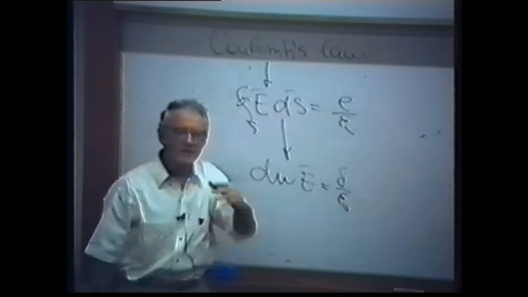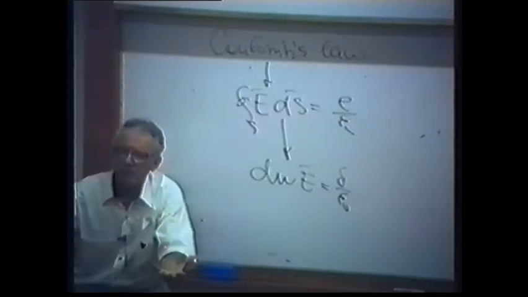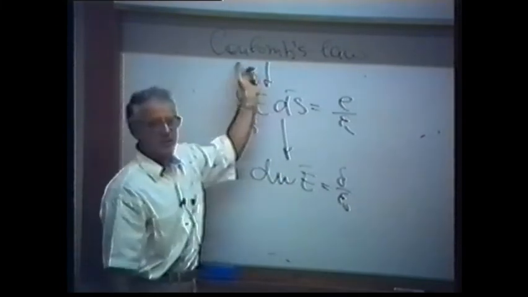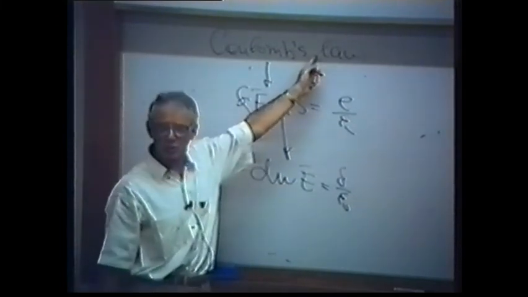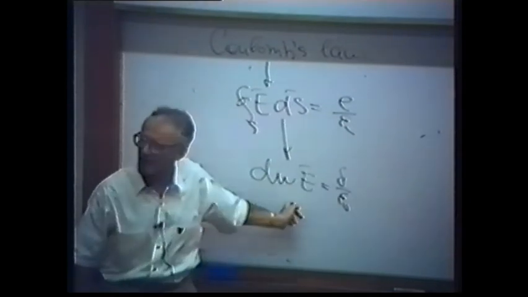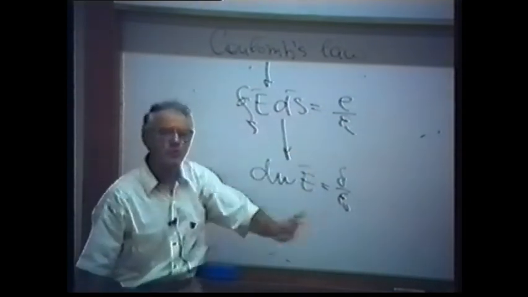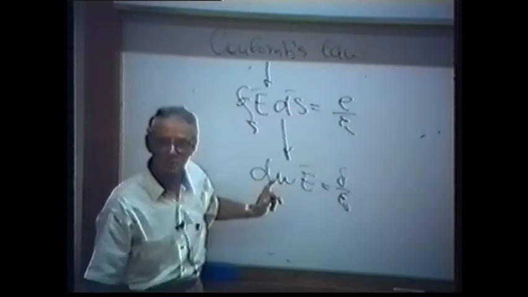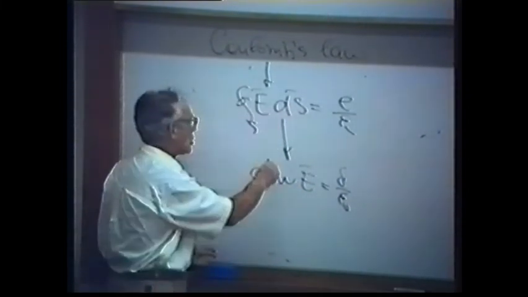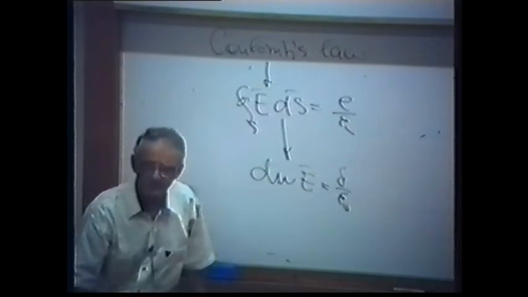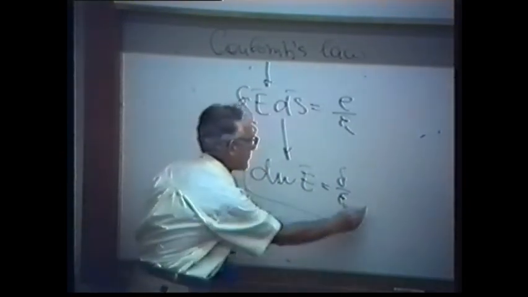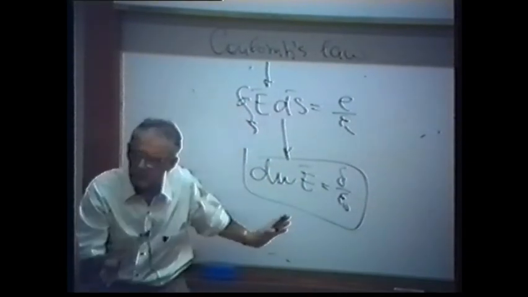So it's another painting of the picture, another language. If we accept Coulomb's law, we don't have a choice, we have to accept these two equations. They were derived only from Coulomb's law. Clear? I will return. So we derived two forms. Now, let us speak a little about this equation. We need to speak.